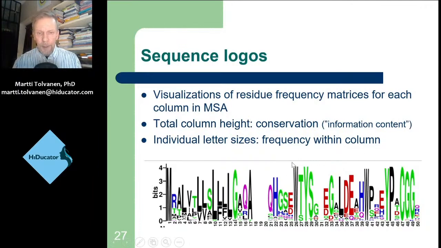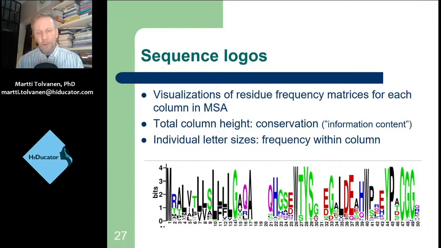And the information content is given as the height of each stack of letters for that position. So here we can see that we have a fully conserved tryptophan, a W, in position 26. And then in the next position we have a partially conserved site which has threonines and serines, and the heights of T and S represent the frequencies of T and S in that column. And you can see that the information content is going fairly low when we have a mix of 5 or more